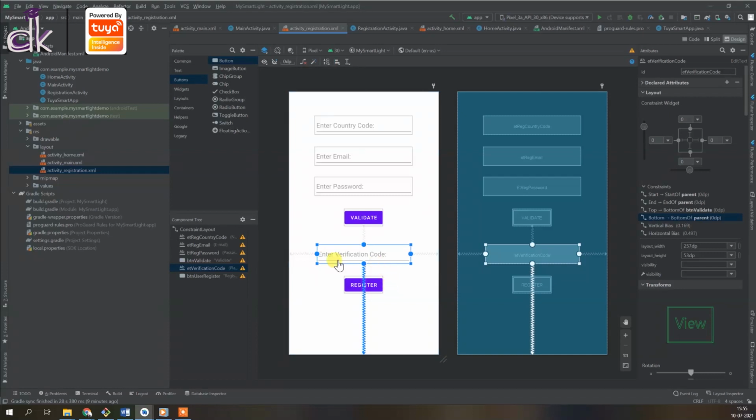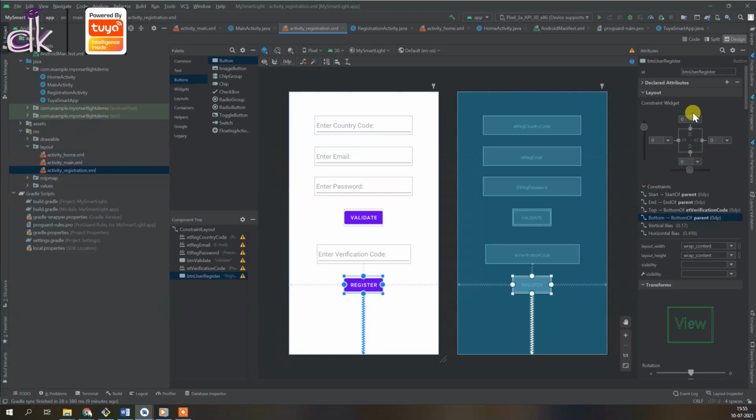All right. So that's why you'll add this edit text with the ID ET verification code, and the hint as enter verification code, and finally the register button, which has the ID btn user register. Do not put it as btn register because we have already used it in activity main. We do not want to confuse between the elements we are using in this and the ones in the other layouts.